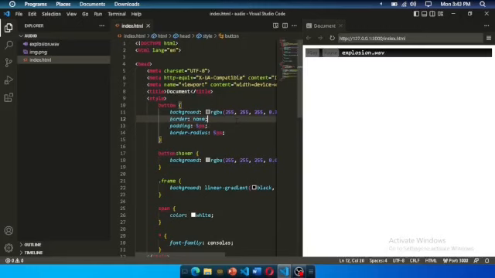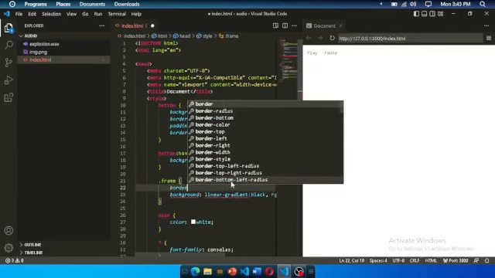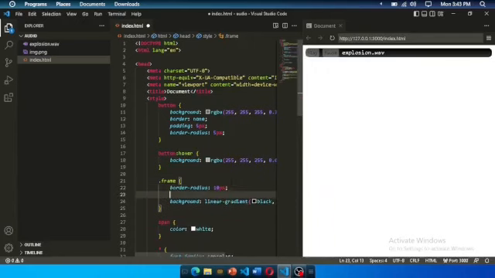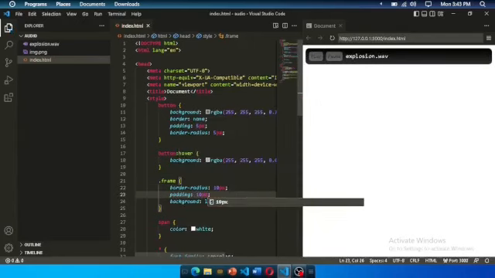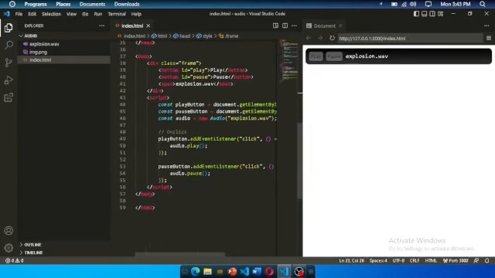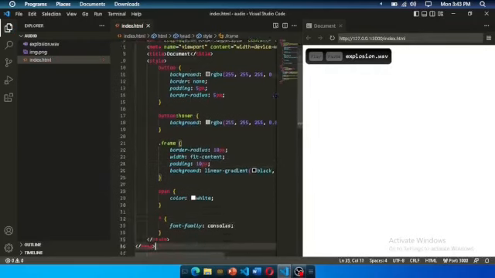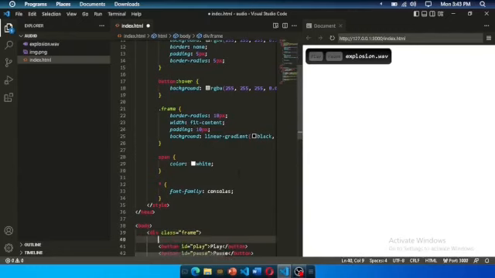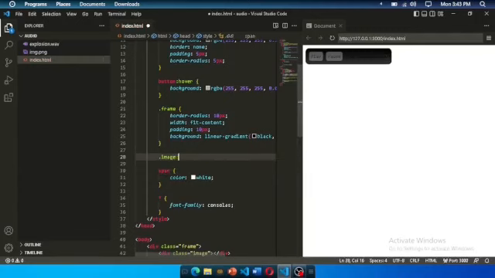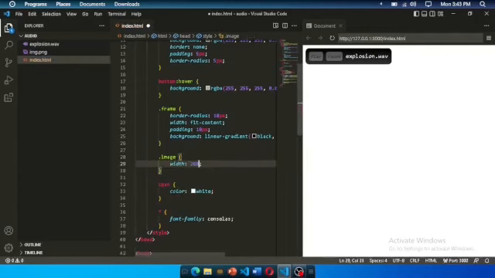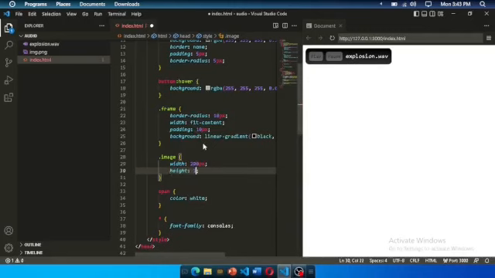So now it's time to just add a border radius to the frame, a border radius of 10px, and a padding of like 10px as well. So now, also let me just add a width of fit-content. Okay, so now let's add some sort of image thing. So we're going to say div class image, and it's nothing. So we're going to add some styling. So dot image width 200px, height 200px,